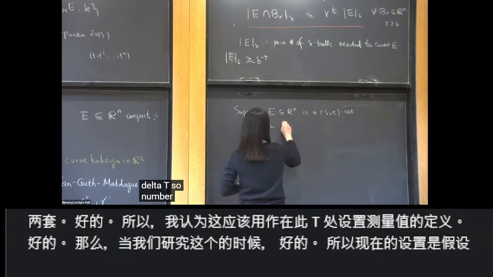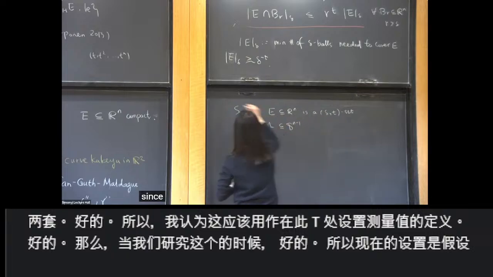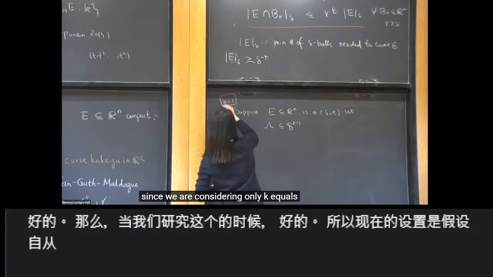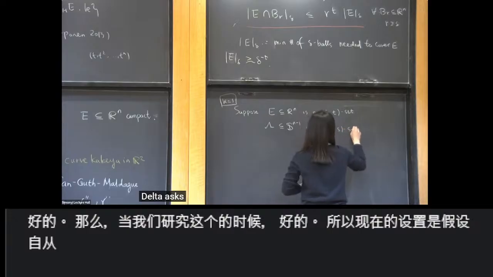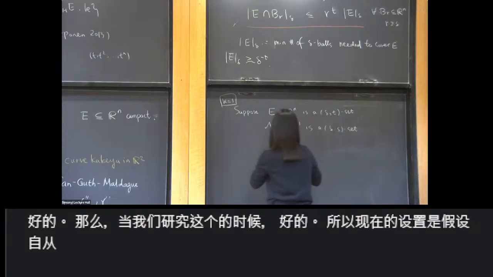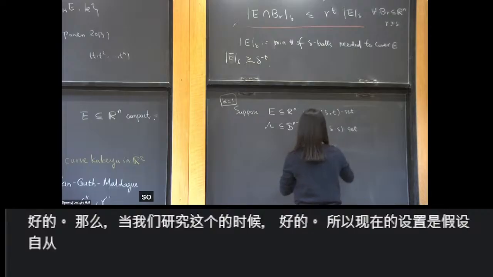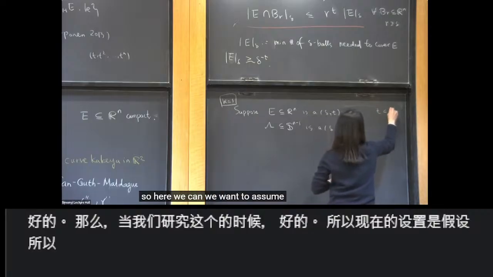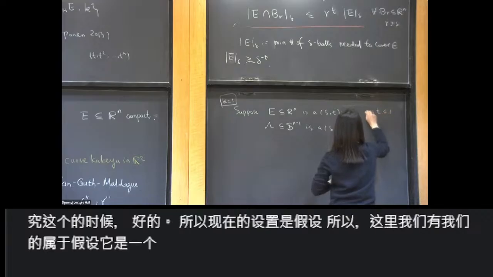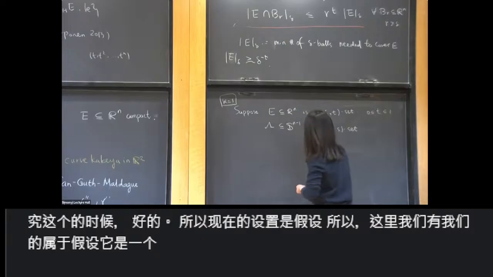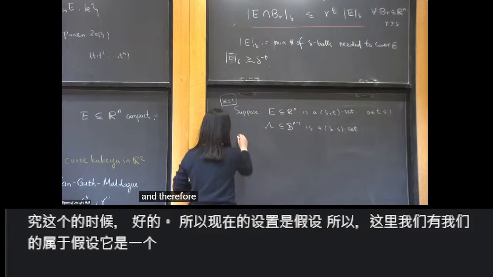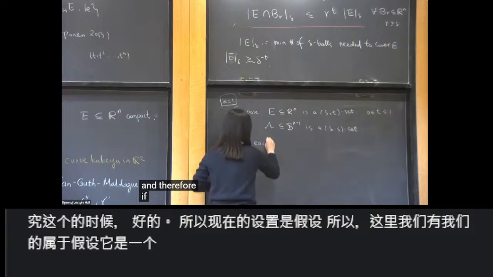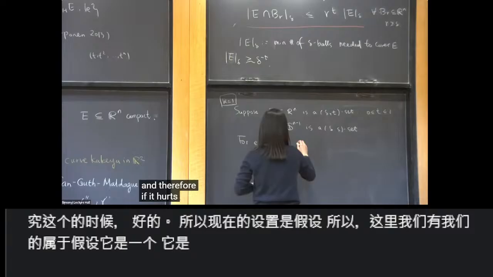Then lambda, since we are considering only k equals 1, delta S set. So here we want to assume that T is less than. And then for each theta lambda,